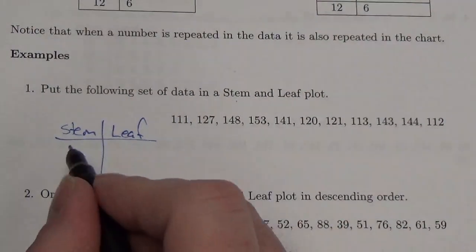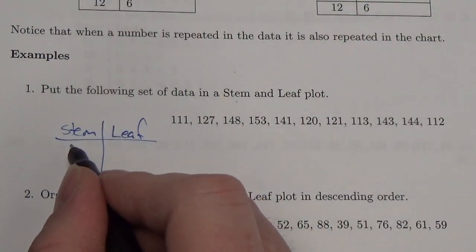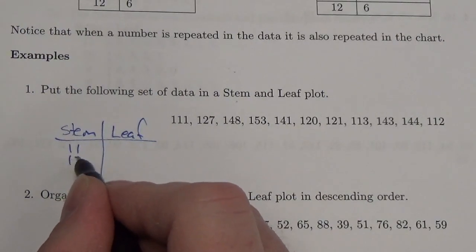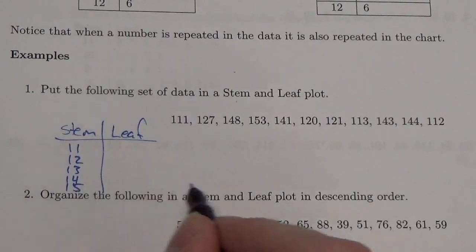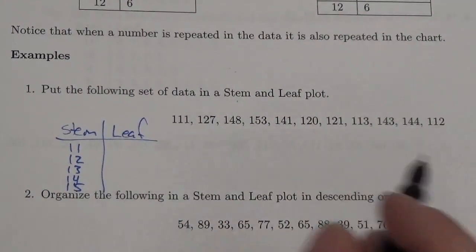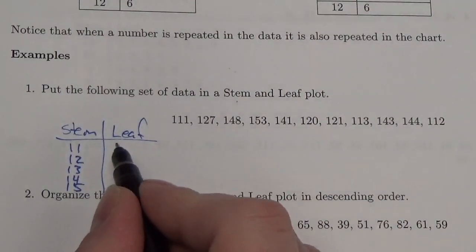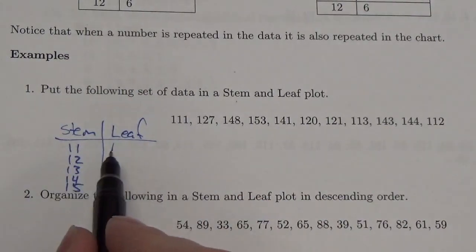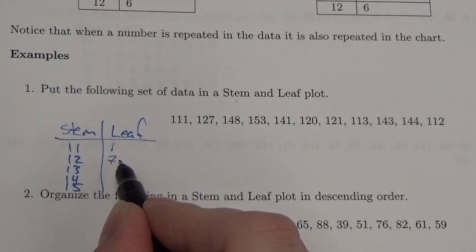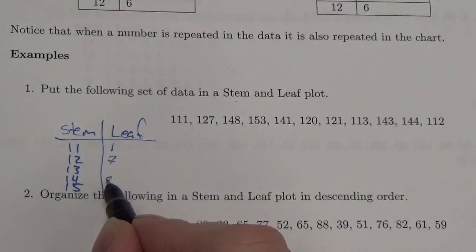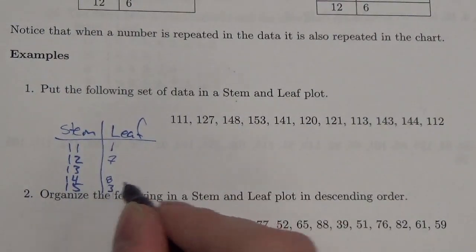Okay, so it looks like I can do this. I can get away with making my stems 11, 12, 13, 14, and I think I can go up to 15, yeah. I don't have to go any further than that. So 111 would put a 1 there. So 111, 127, 148, so put an 8 down here, 153,